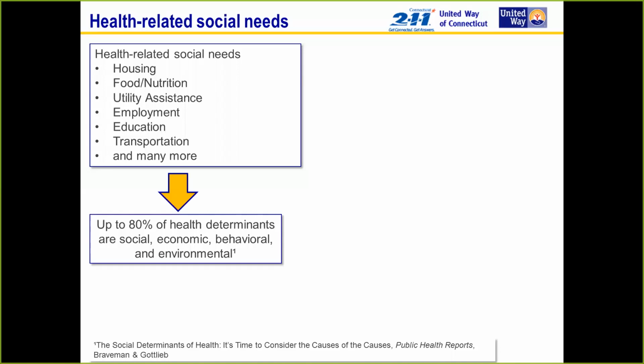And there is widespread recognition, I think, at this point that these social needs play a critical role in determining one's health. In fact, some literature estimates that up to 80% of an individual's health outcomes are determined by factors unrelated to their actual medical care. That's huge, and that's why these discussions and the intervention programs being tested and tried across the country are so